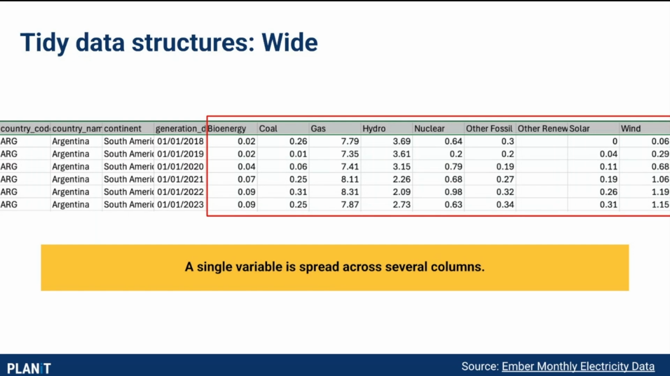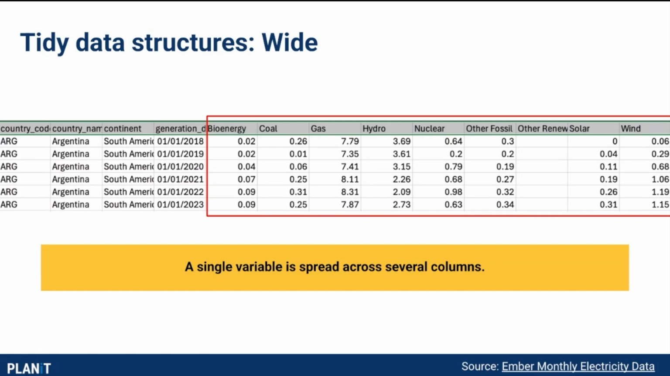So this one is only showing absolute generation in terawatt hours. And here you are seeing only one type of data point, which are distributed across columns. And now the categories of fuels are presented in each of the columns. So in this wide data set, you cannot show other variables like share